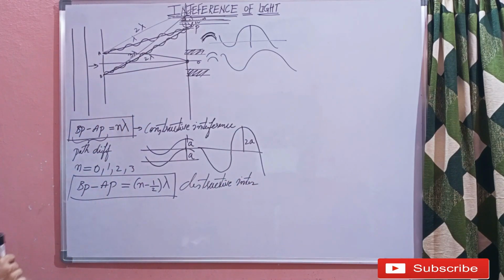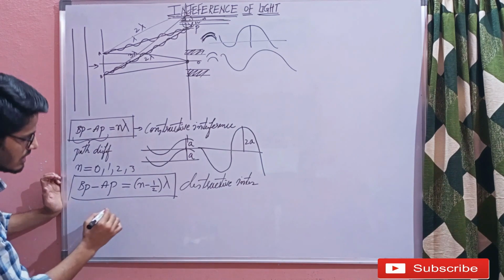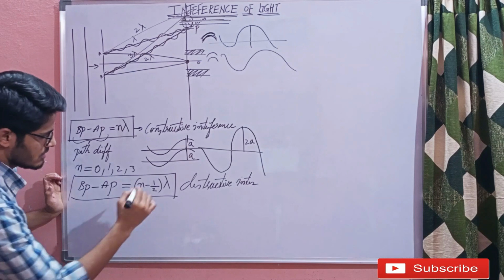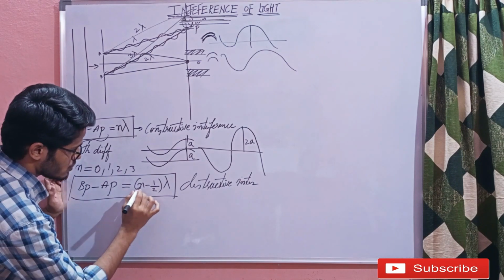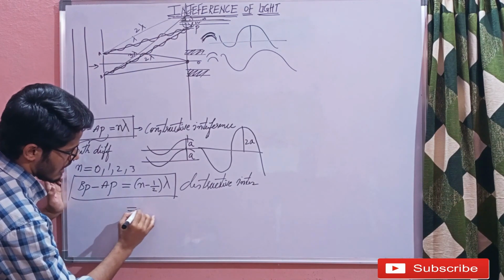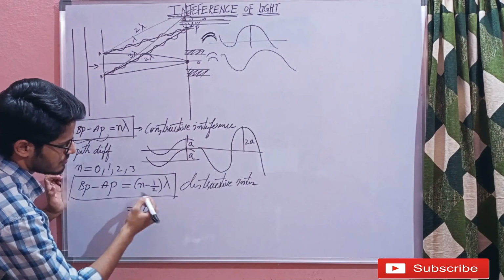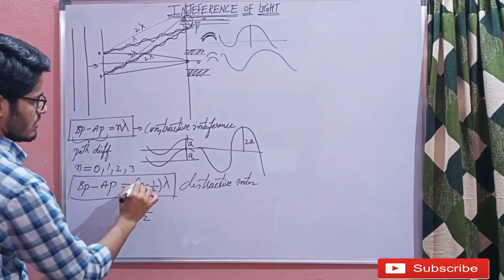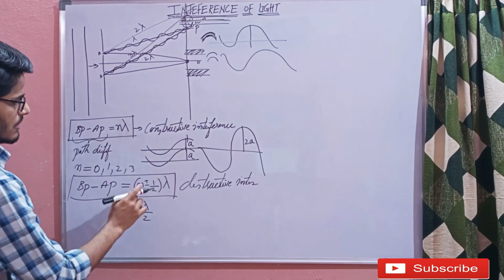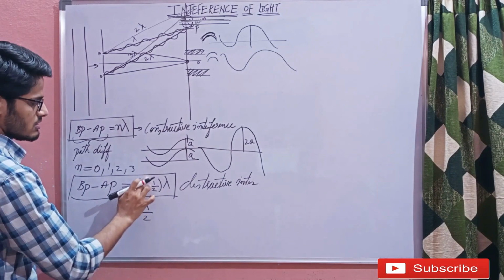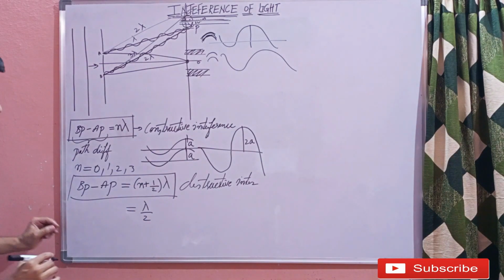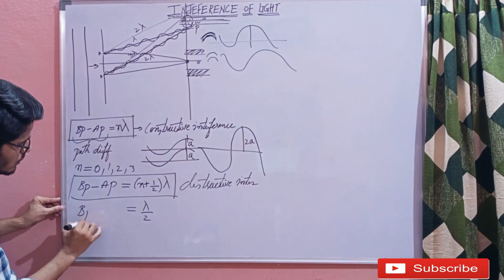So how come? You'll see now. Similarly, n can take values 0, 1, 2, 3, 4. So if we take n equal to 0, it will be lambda by 2. It can be plus or minus, and this sign doesn't matter. It can have plus or minus, anything. Okay, the number. So here we'll be taking plus. So the path difference wherever you are having